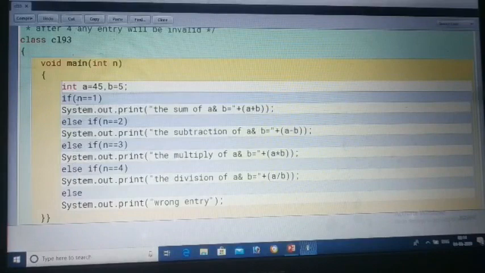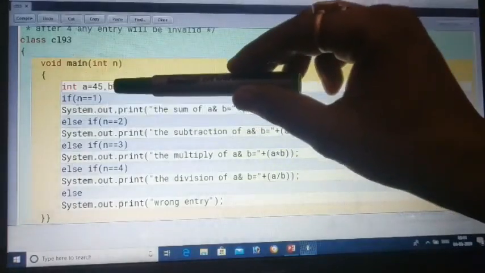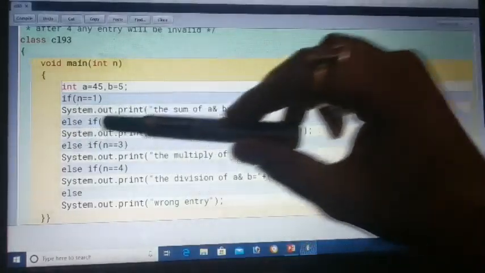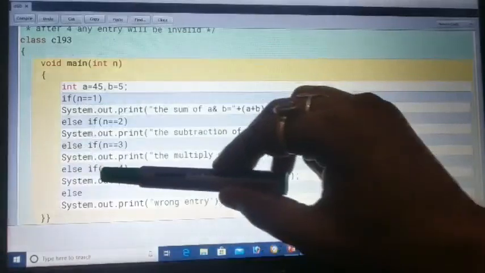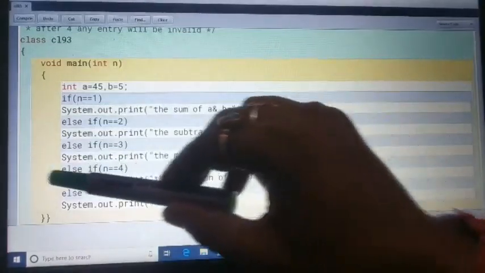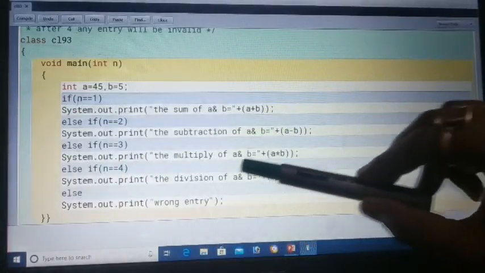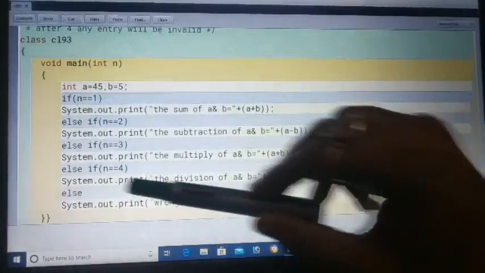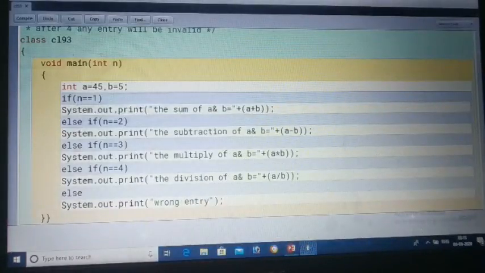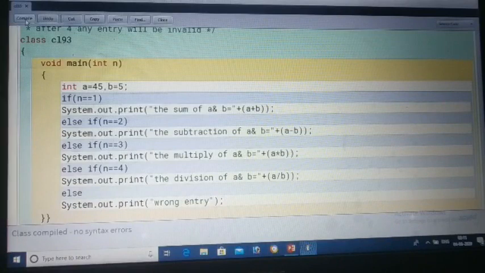If the condition is equal to 2, control will go here. If the condition is equal to 3, control will go here, otherwise it will pass further. If the condition is equal to 4, this statement will execute, otherwise this last statement will execute. So let's see what happens if we pass some values, with no syntax error.